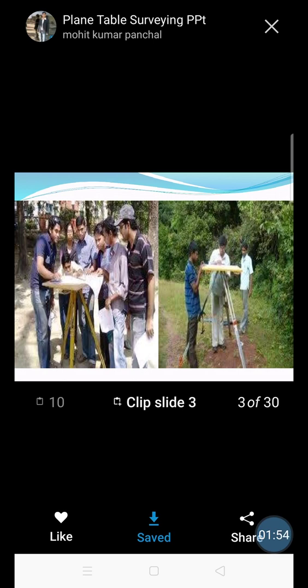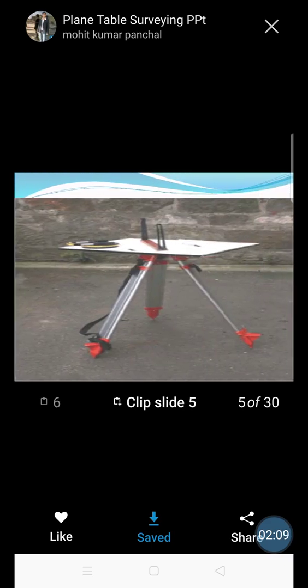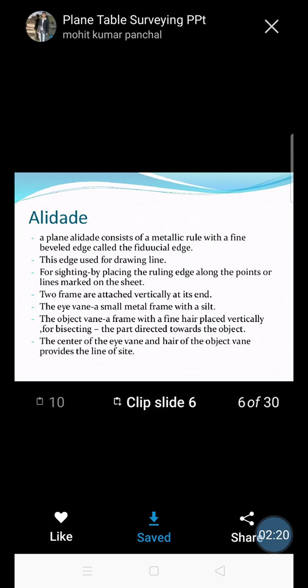With the wing nut, the table is mounted on the tripod stand. The basic component of plane table surveying is a plane table with a tripod stand of standard dimension. You can see here in the picture the tripod stand with the plane table. It is nothing but a drawing board mounted on the tripod stand, of standard size.